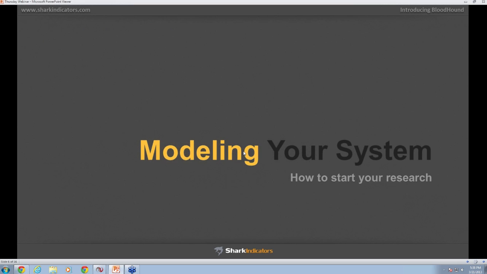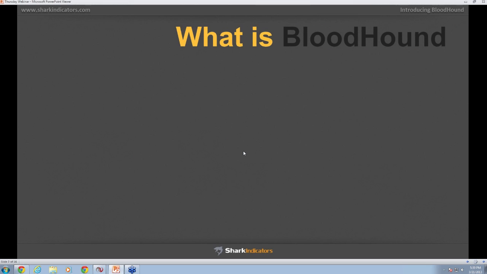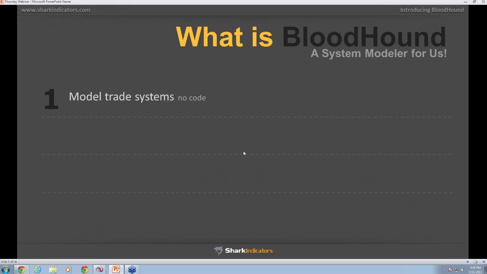So let's get into a little bit about what our software does for you. Again, it's a way to model your system on the computer. This is basically the research phase, but it does a little bit more than that. Not only can you, once you've got your trade system modeled in your computer, by extension, you can backtest it, and that's a very critical part of the research phase: actually discovering how good